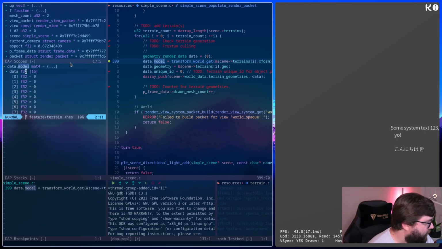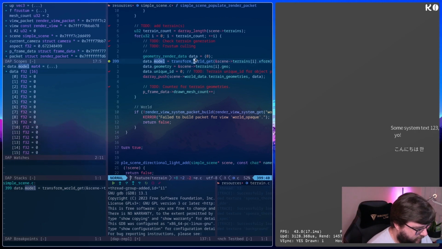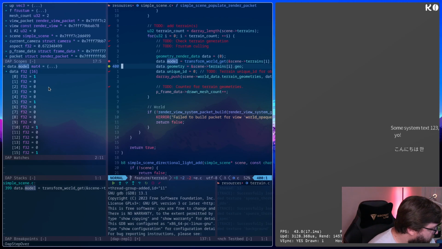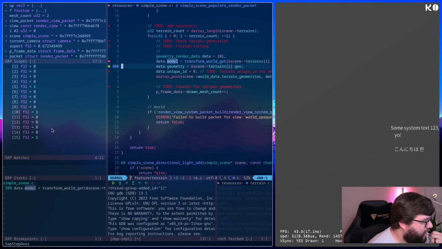So if I take this, it's all zeros now. If I step over this, that's an identity matrix.